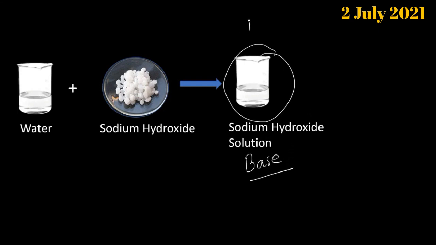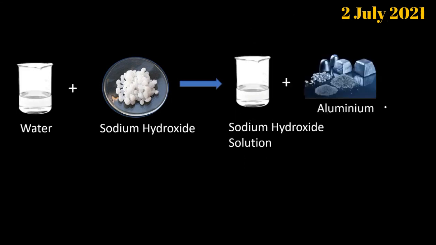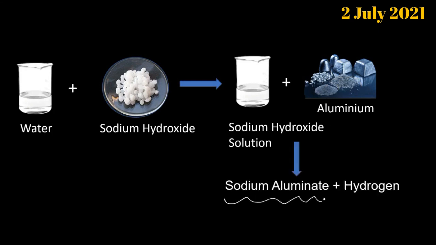Now we have to add metal to this. So the best metal to do this experiment is aluminium, right? Better if you take a little bit of granules or powder of aluminium, it will react fast, and add it to this sodium hydroxide. You get a compound called sodium aluminate, right? I'm purposely not writing any of the formula related to this equation. This becomes a bit higher for your class.